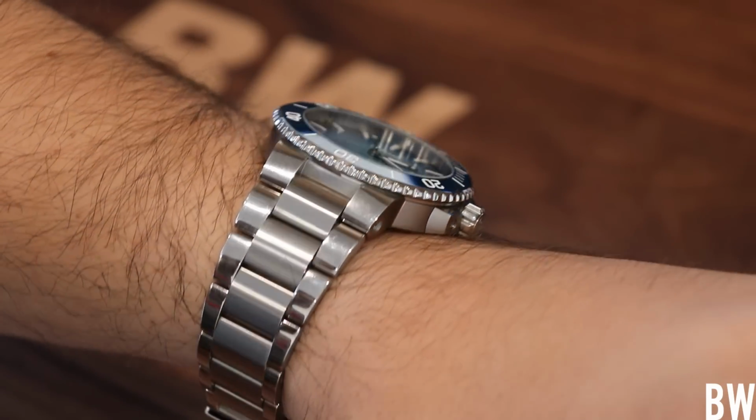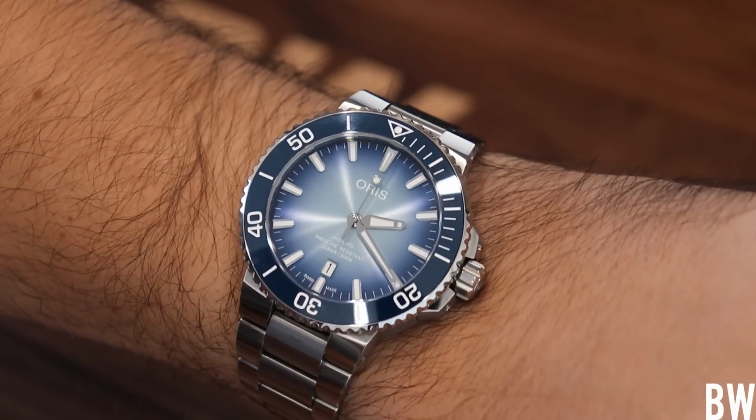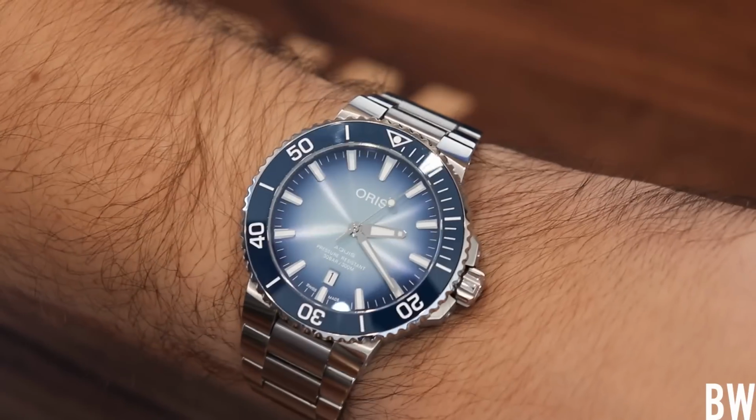Now, let's do a wrist check actually before we jump into it. I'm wearing the Oris Aquis limited edition Lake Baikal today. It's a gorgeous blue fumé sunray dial with a contemporary diver design that I've just really loved for a long time. So that's what I'm wearing, but we're not talking Oris, we're not talking Swiss watches, we're going to talk